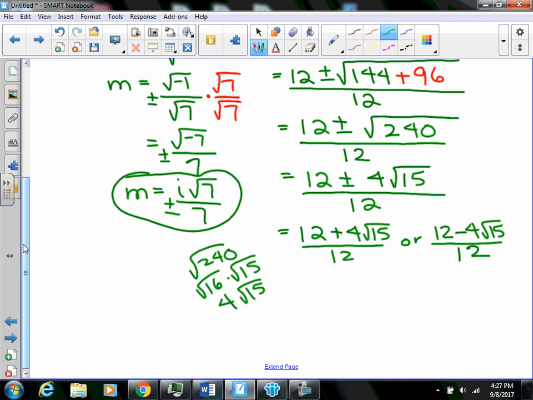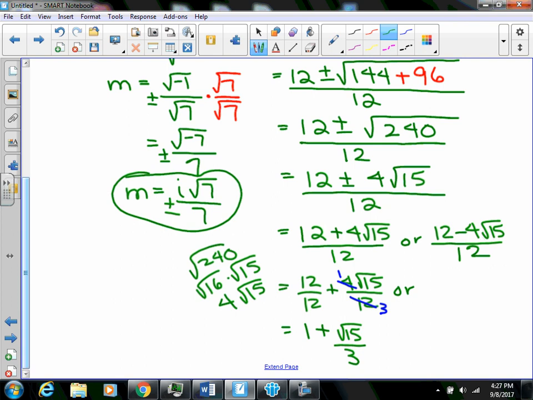Now remember, if you can reduce some of this, you need to. So 12 over 12 plus 4 square root of 15 over 12. Now what can go into both of those? 12, so that will be 1 plus, and then this 4 and 12 reduces. 4 goes into itself 1 time, 4 goes into 12 3 times. So 1 plus the square root of 15 over 3, or